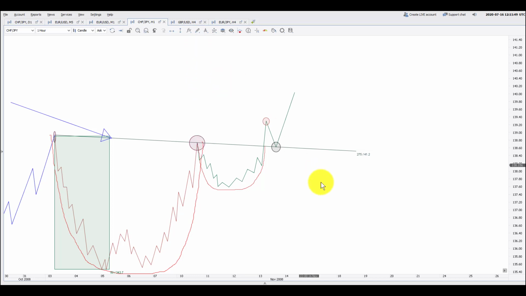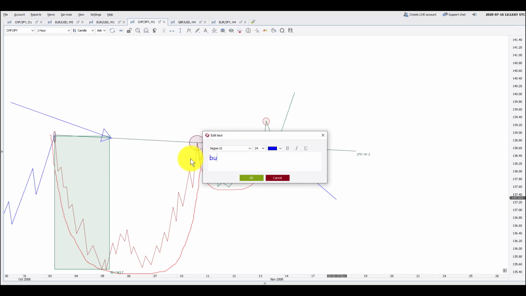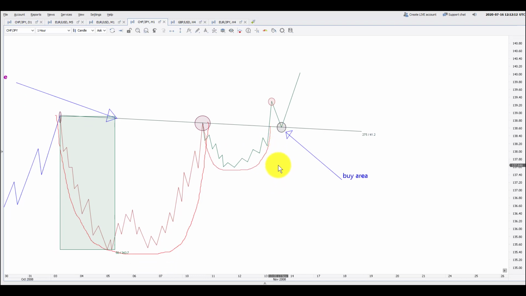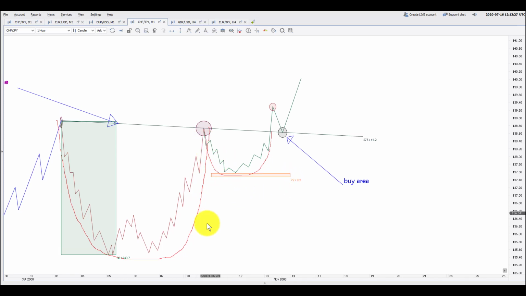So what should we be looking for here? We should be looking for a bullish pin bar or a bullish engulfing candle to go and buy in this area. So this becomes our buy area. What will be the stop loss? Friends, I generally keep a small stop loss below my buying, but if you are more conservative, you can keep your stop loss below this area. Even if you keep the stop loss below this, you will have more room for your trade. And your take profit target is equal to the height of the cup, not from the first high but from the second high.